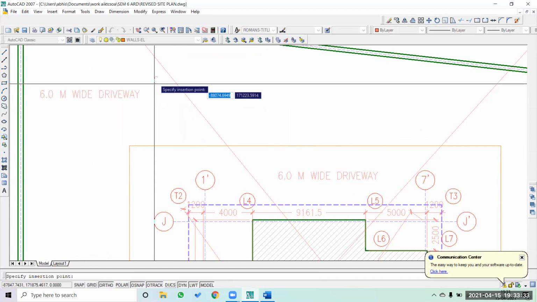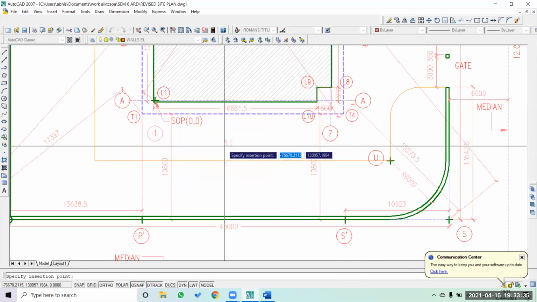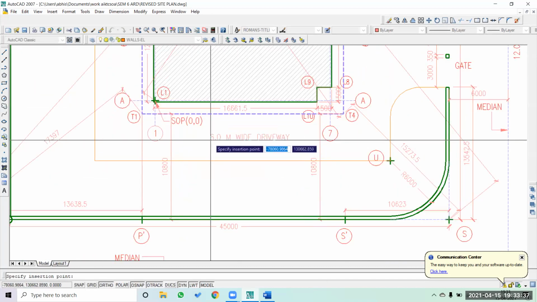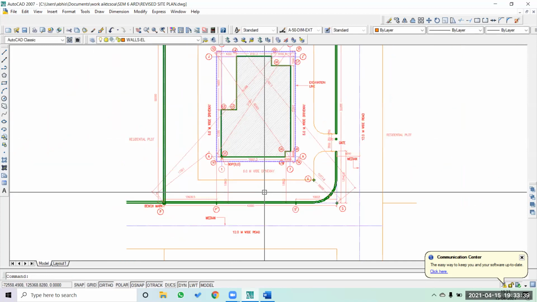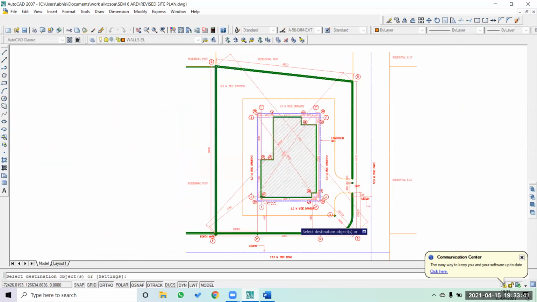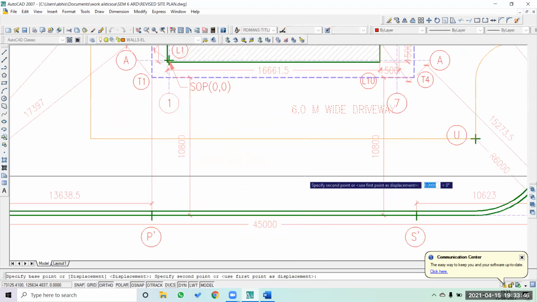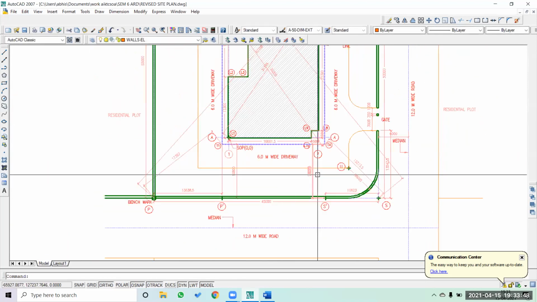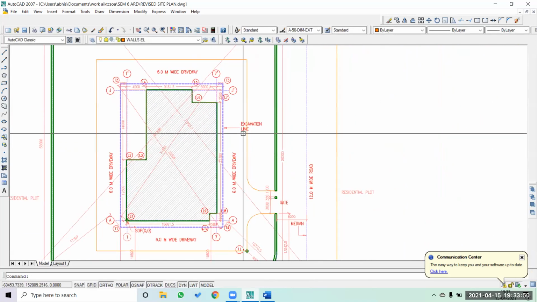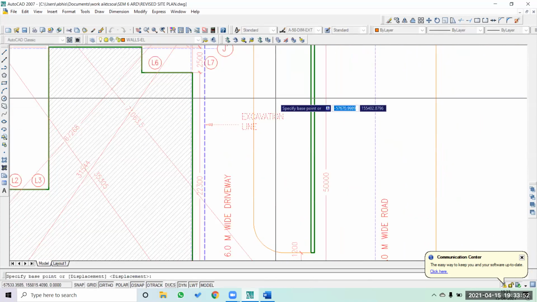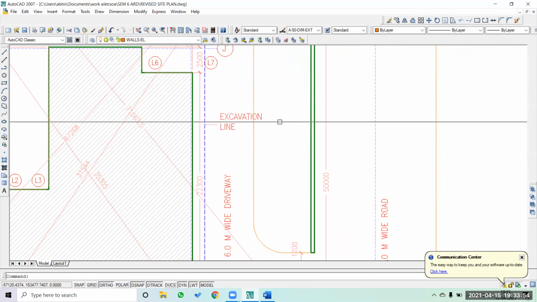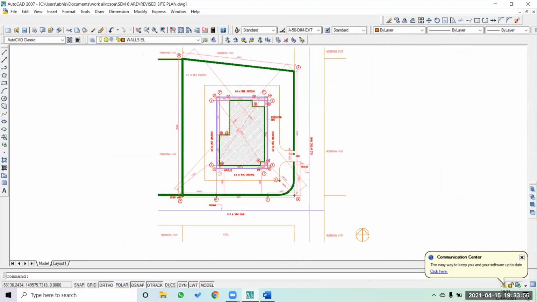So whatever information you have to give, give it here first. Make sure that match property is applied to it. Okay, so this particular thing marks the information about the hardscape.